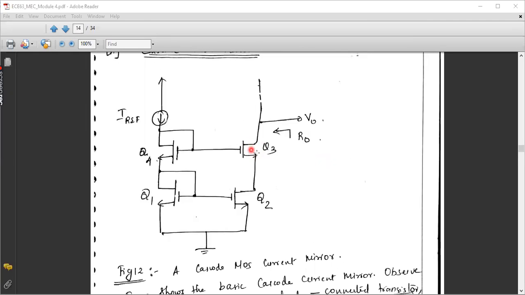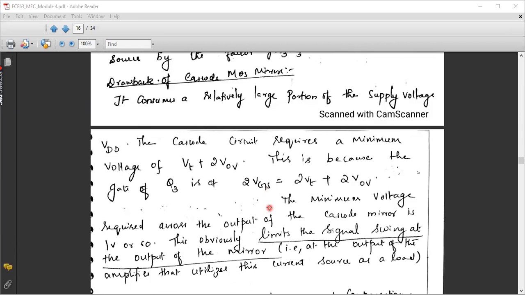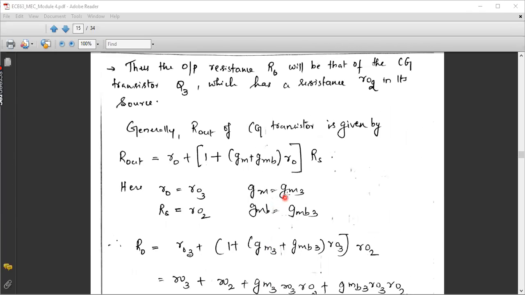If you see this transistor Q3, its input is controlled by Q2. Therefore, the series resistance RS can be replaced as the output resistance R02, because the input of Q3 is nothing but the output of Q2, right? RS is your input resistance. So the input resistance of Q3 is,